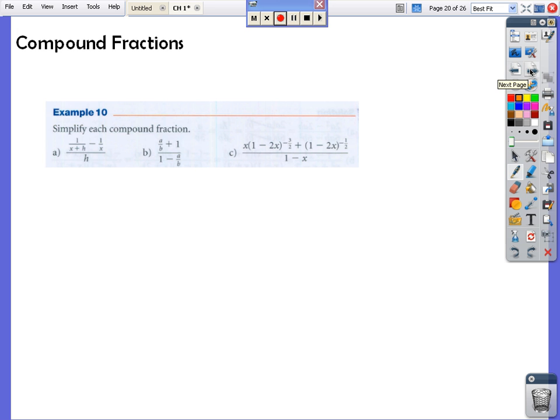Simplifying each compound fraction. So it looks as though these are a little bit more complicated. Compound fractions is what I called a stacked fraction, a fraction on top of a fraction. You'll hear me say stacked fraction often. And I say never, never let yourself have a stacked fraction. Essentially, if you ever have a stacked fraction, you want to create